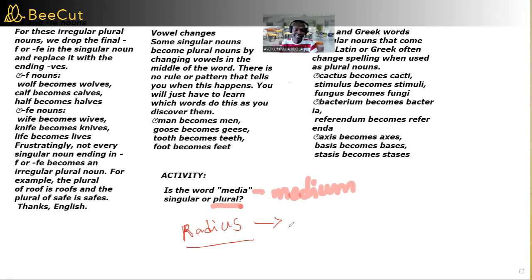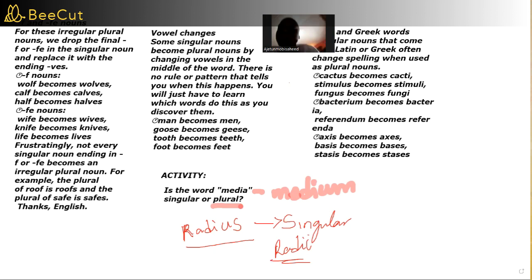Ezekiel, what about you? Anyway, it is singular. The plural is radii. Radii, radii. Okay? Is that taken? So the class is going to come to an end now. Today we've been able to learn about the pattern of changing. Meanwhile, there are some other nouns that actually change their whole form, including spelling, when changing to plural. But we're going to look at that some other time.